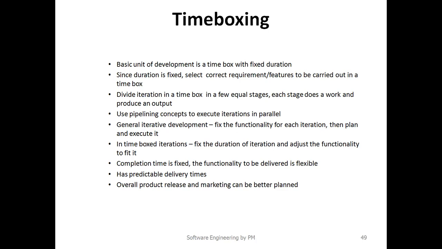In the iterative model, once one iteration is over, then we start the next iteration. In the time boxing model, even before a particular iteration is over, the next iteration is started with whatever information is available from the previous iteration. That is the idea. Parallelism exists between the different iterations. A new iteration commences before the system is produced by the current iteration.